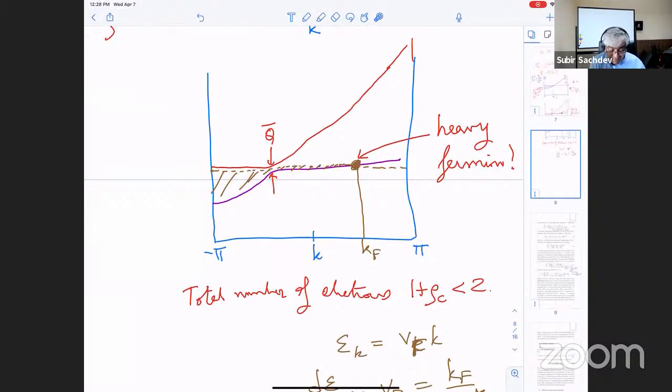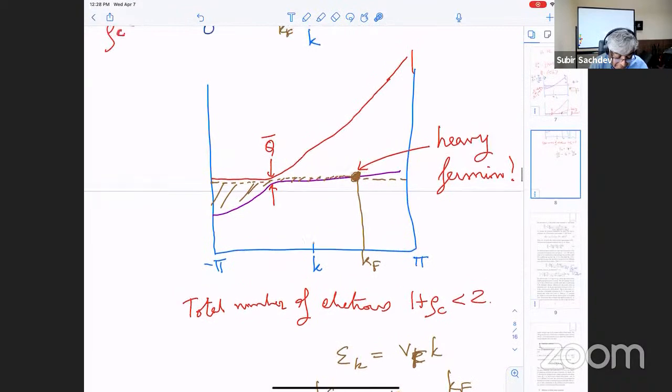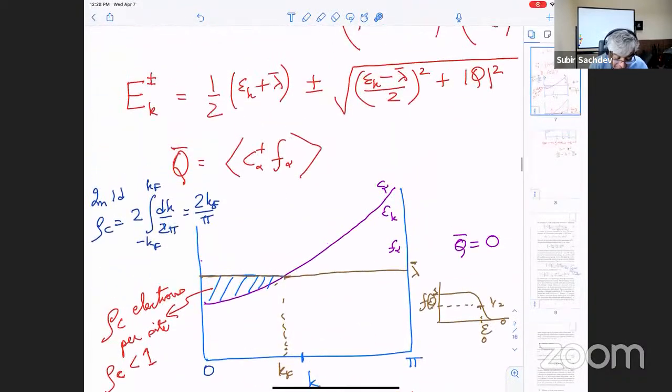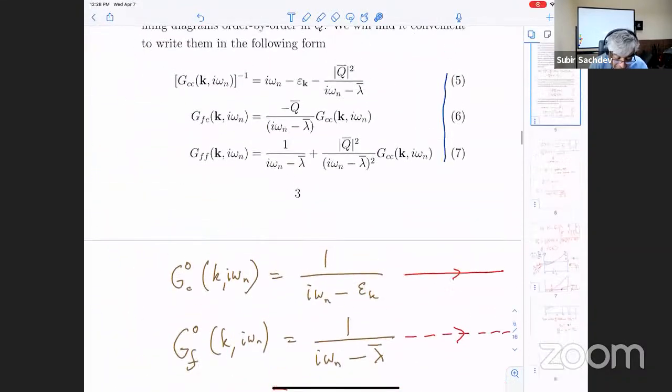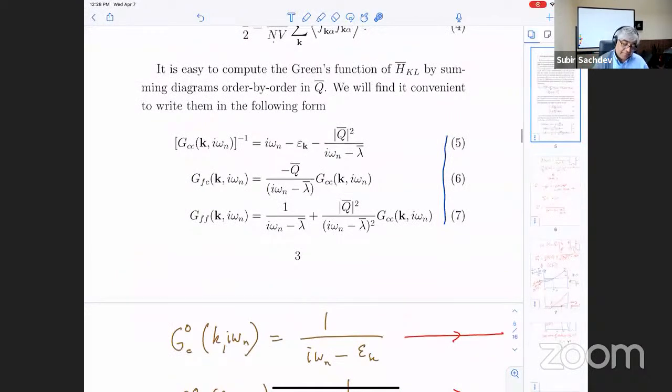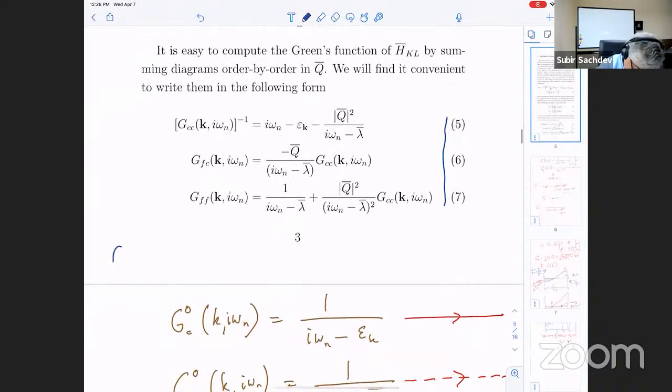How heavy is it? Well, we just look at our Green's function of the conduction electrons, which is what you'd measure in a photoemission experiment. Here's the Green's function. We know lambda bar and we know Q bar, so it's quite easy to work out what this is going to be. So the Green's function I can write as G inverse is equal to,